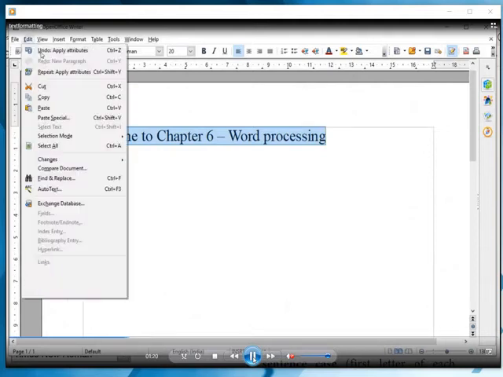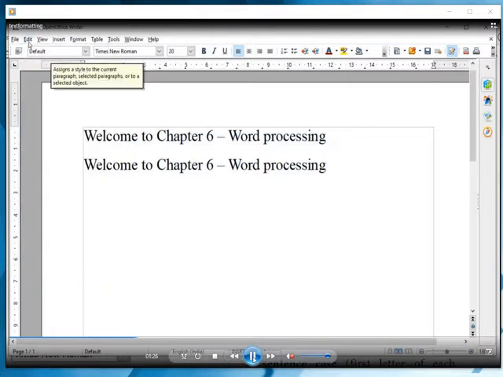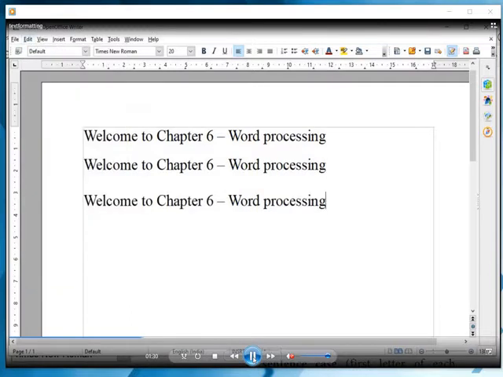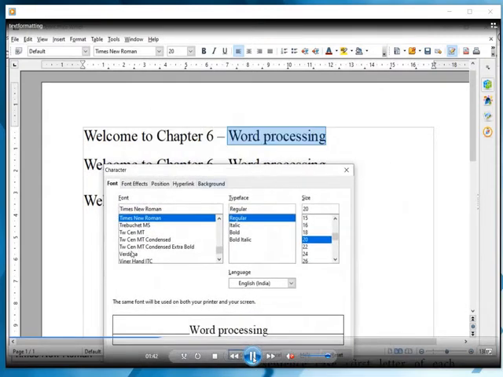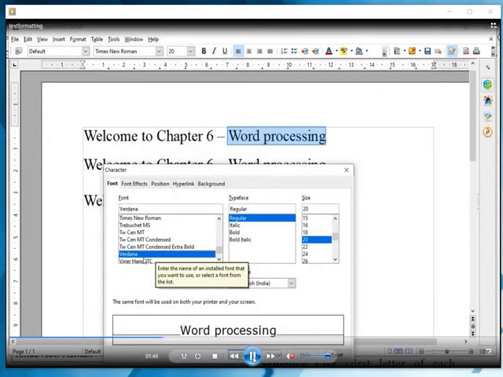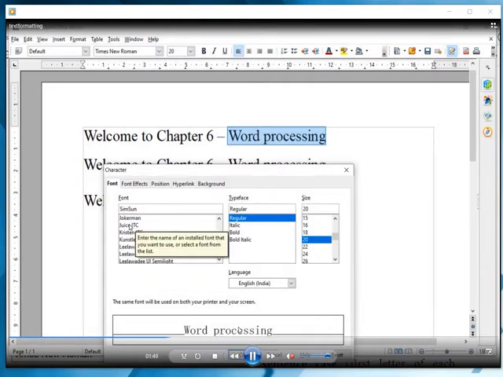Now we'll see. There is a line. I'm selecting the line. We will have many copies, then only we will feel the changes in the text. Now select a word. Then go to Format, select Character. A dialog box will appear. So here the font name is given. If I change the name, can you see the preview here?